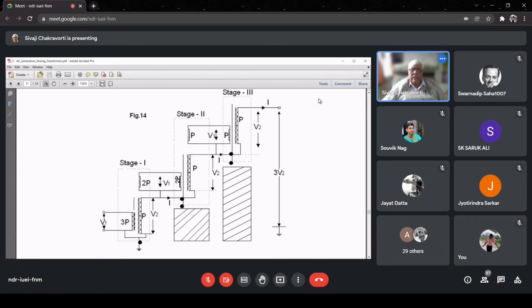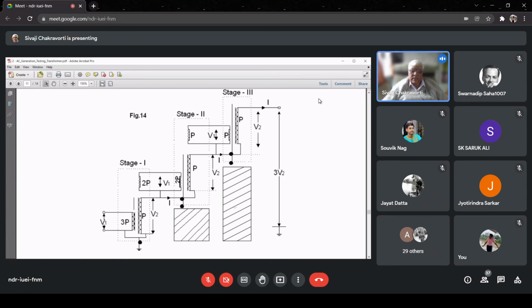Although it is somewhat expensive, that can be managed. Similarly, the bottom terminal of the secondary of stage 3 is at a potential of 2V2, which may be 500 kV. So you have to put a much higher insulating structure and put this transformer on that structure. So this is the insulation requirement as far as structure is concerned.